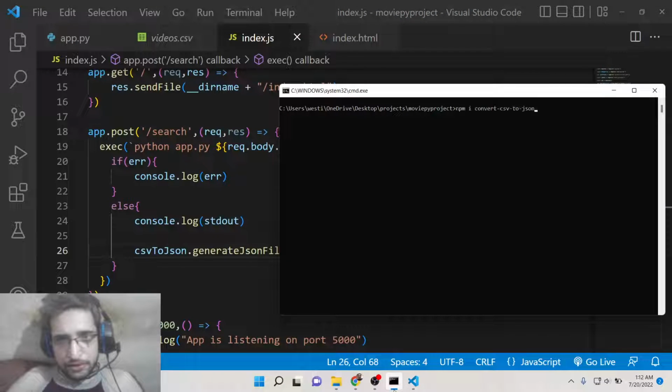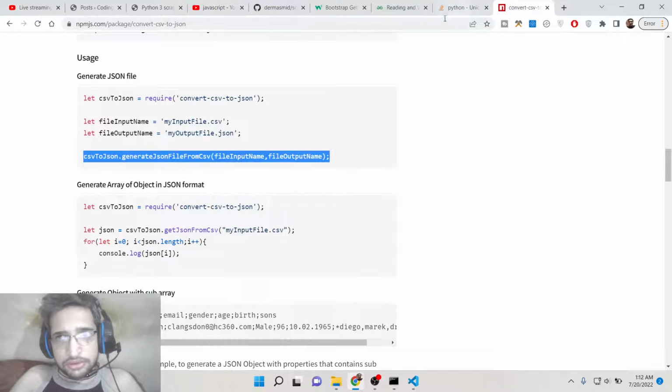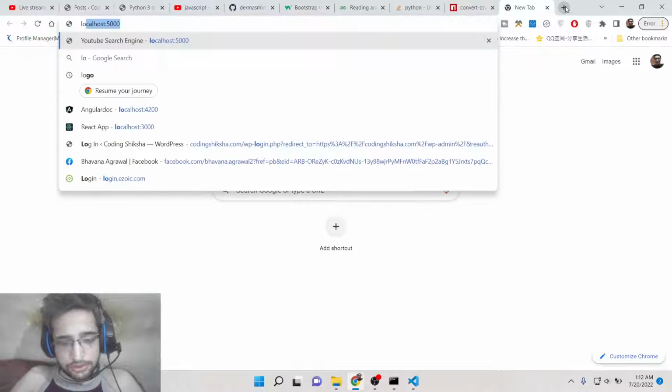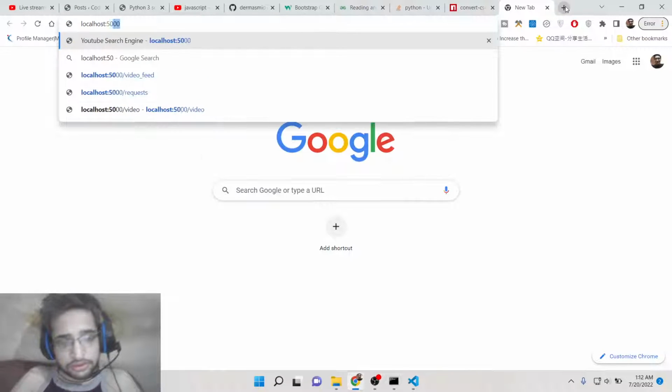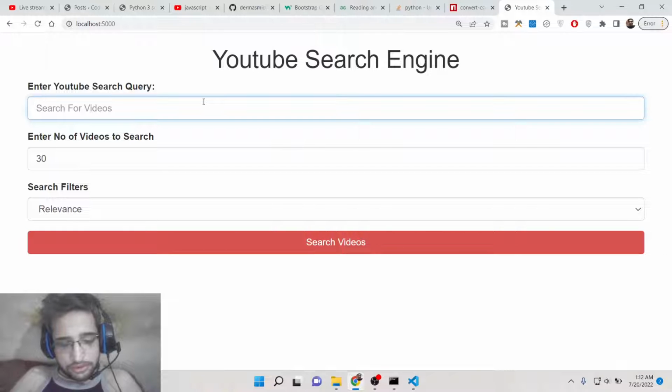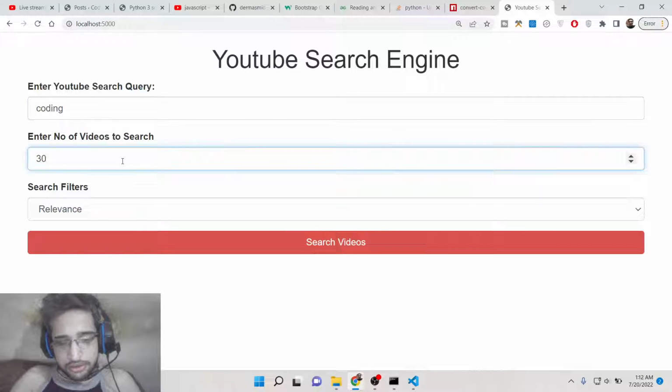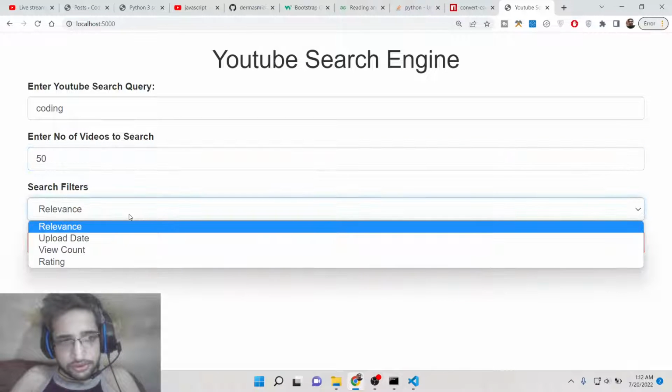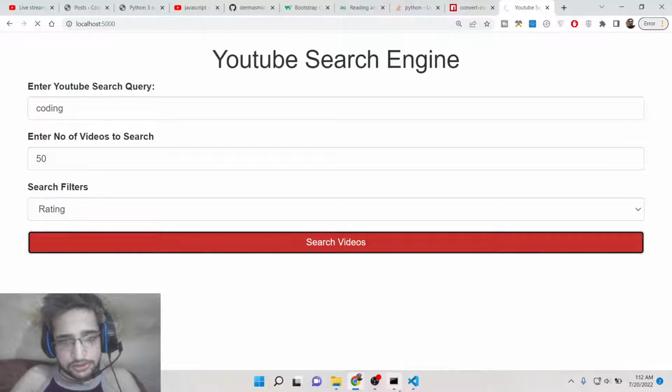So now if I run this Node.js application, if I run nodemon index.js, if I see here localhost, let's suppose I search for coding 50 videos. If I change this to rating,